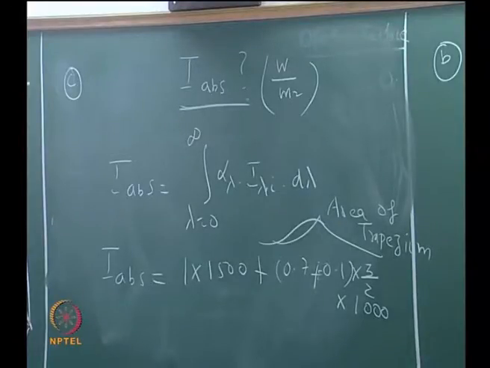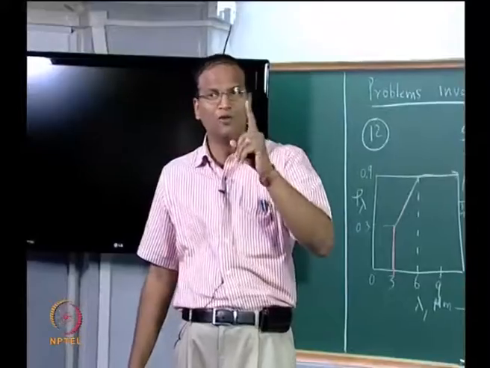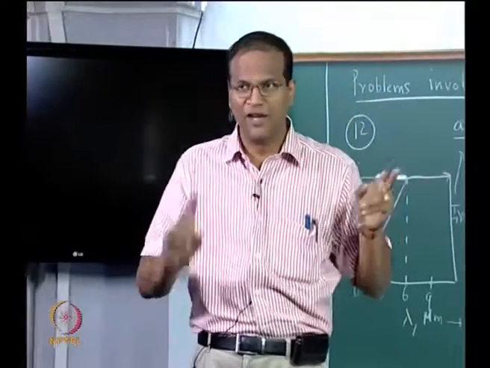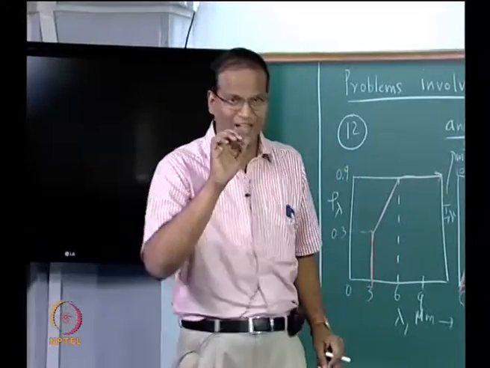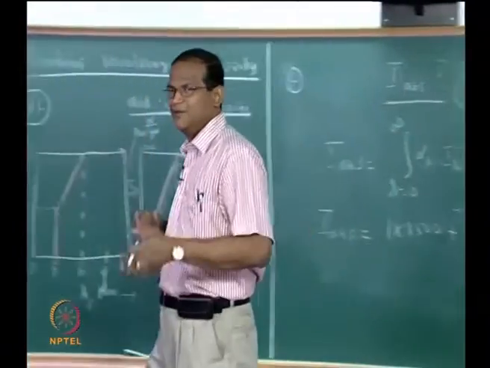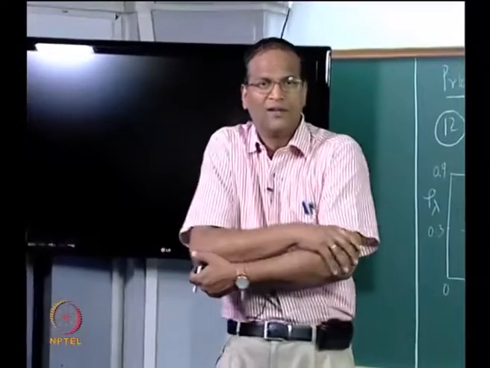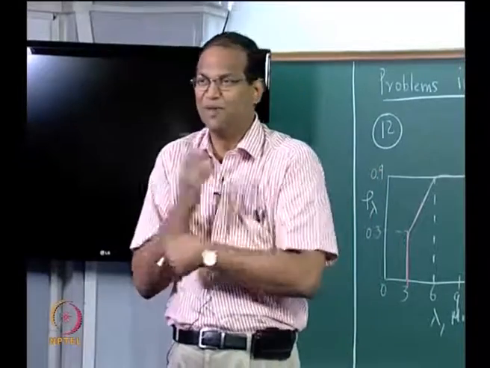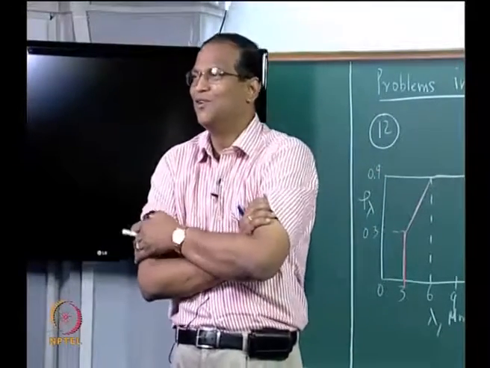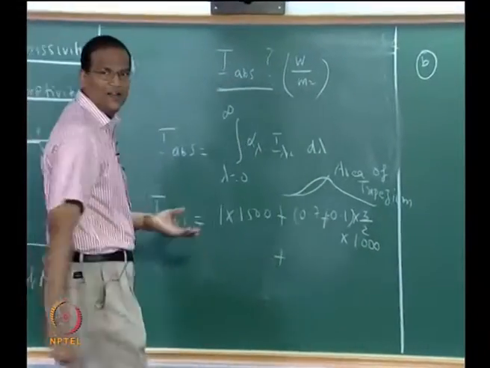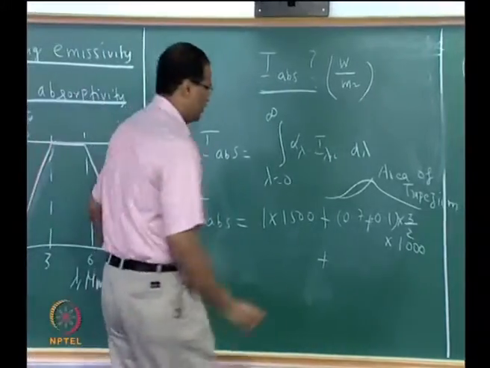Now I can complicate matters by having a varying alpha and a varying I lambda. Then you will have to do the double integration, but I will not do such a thing. Wherever this is varying, that is not varying. Did you see that? So the problem is carefully chosen. Otherwise, some additional pain is there. It's not that it cannot be done, but there is scope for making mistakes. The goal in any exam is not to find out what you don't know. Sometimes it becomes the goal, but generally the goal should be to find out what you know. Plus the last one is 0.1 into 1500, very good.